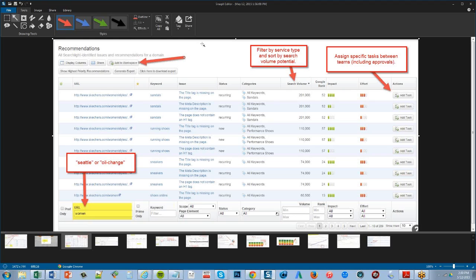Sure. Well, even on the screen that I'm on right now, having this advanced filter, using our preferred URLs and being able to, since we're going to track every single URL, we can actually create a filter for Seattle or oil change or both. We can use negative words as well, so we can say minus, for example, a specific location in a city if we wanted to. As long as it exists in the URL, we can create filters and segment and see how well we're performing and create a category from that segment that we can measure up against